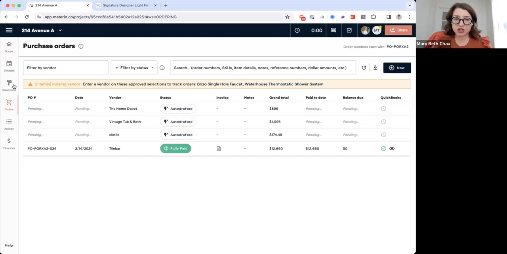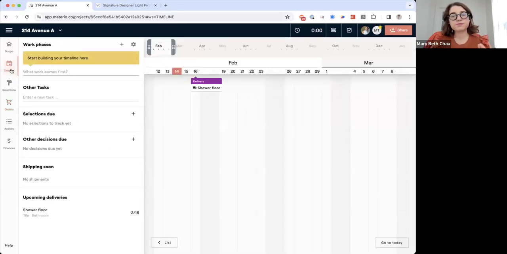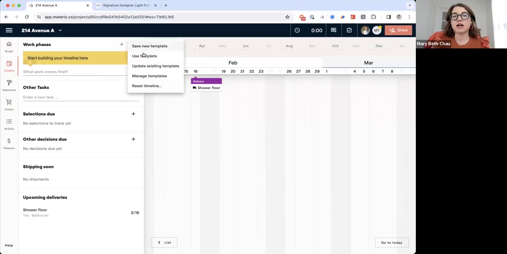And then the last thing I'm going to touch on today is timeline. We are about to launch a new tutorial on timelines that's a little bit more robust and intense, but I do want to make sure that we cover this in this quick demo. Timelines in Materio are a great way to think about how the project is going to happen. How long is it going to take? What are the phases we're going to go through? And you can actually build out